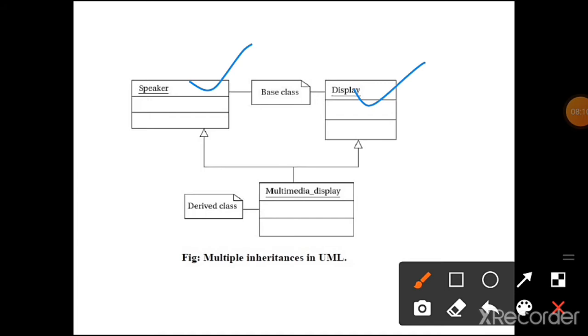From these base classes we derive a new class, Multimedia Display. The Display class is used for displaying the content and the Speaker class is for sound. So the derived class inherits all the attributes and operations of both base classes, the Speaker class as well as the Display class.